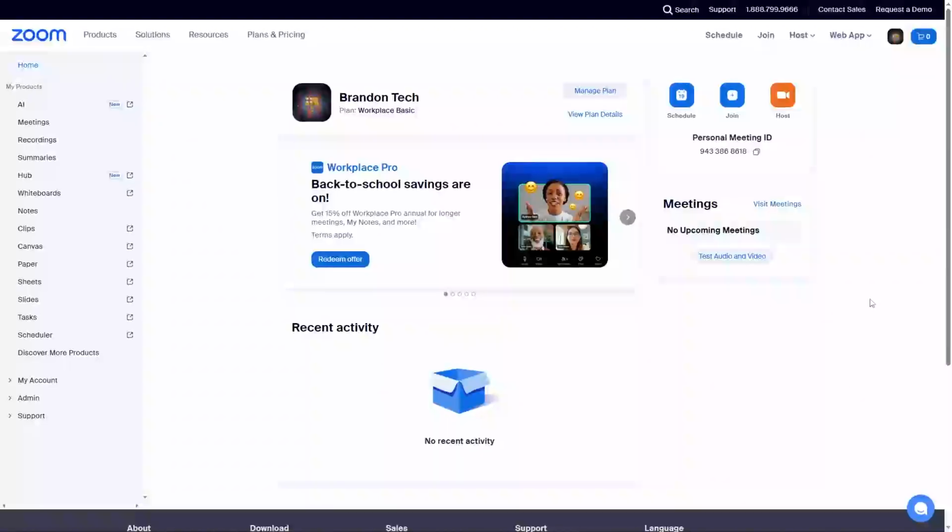Once you have the Zoom platform open, direct your attention to the top right corner of the window. This is where you will see your profile icon. It might display your initials, a picture, or a generic avatar representing your Zoom profile. Clicking on this profile icon will open up a drop-down menu which contains several options related to your account and